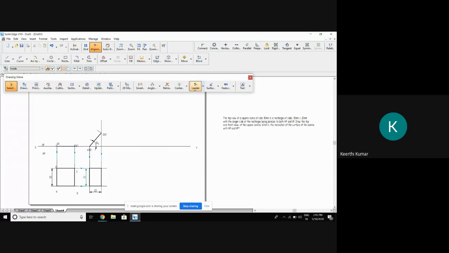Copy. More options there. Select this. Where is the longer side? Longer side is this. Oh, sorry, I forgot to write the name here. A, B, C, D. So select this entire thing. So he's telling longer side should be parallel. Move. Keeping A as a center, you move here.